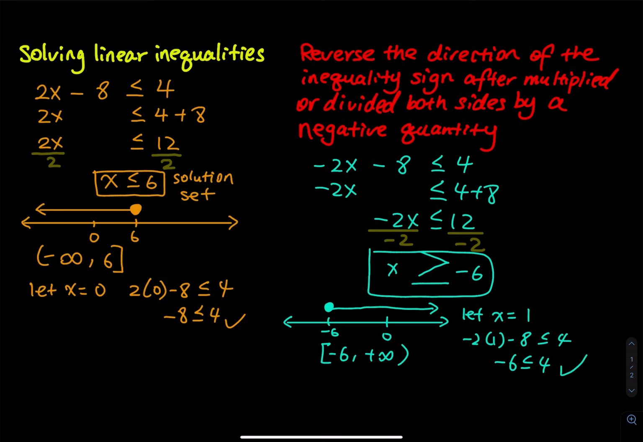This is a check. Now, let's do the what if. What if I refuse to reverse the sign? Let's do it in a different color. What if I insist to say x is greater than or equal to negative 6? All right, so let's pick a number. We are going to let x equal to